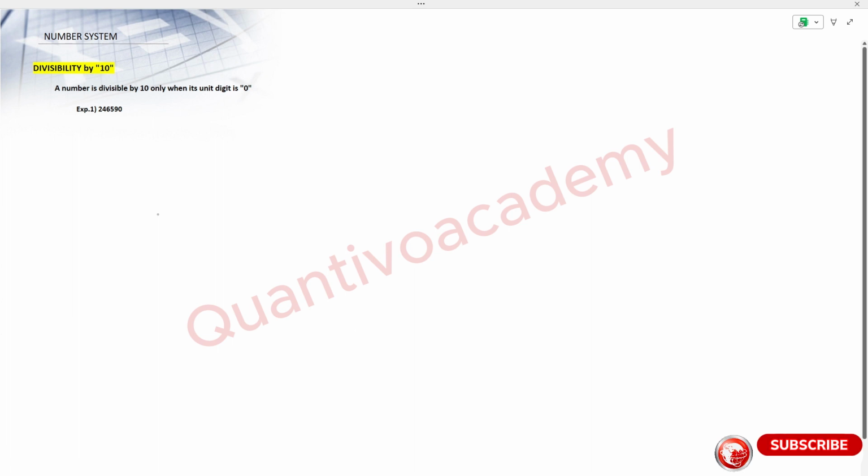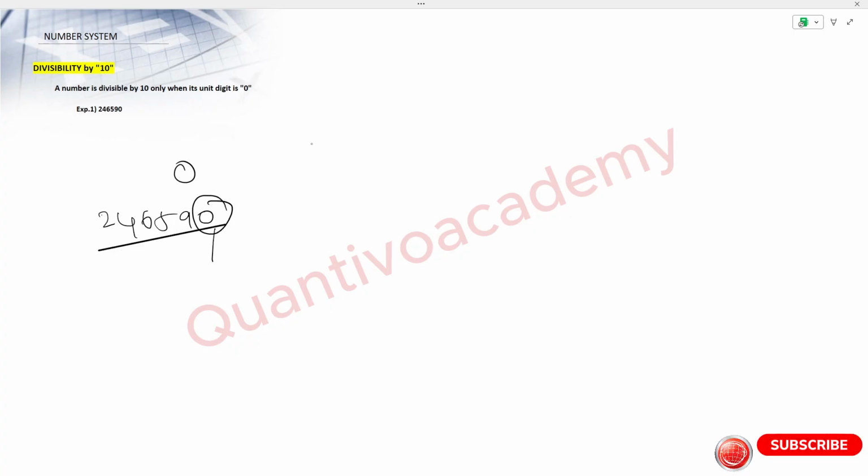Next divisibility that we have is divisibility by 10. A number is divisible by 10 only when its unit digit is 0. With an example question, we have to check whether this number, 246590, is divisible by 10 or not. We can say that this number is perfectly divisible by 10 just by looking at its unit digit, that is 0. If we have a number like 246595, where the unit digit is 5, then we can directly say by seeing that this number is not divisible